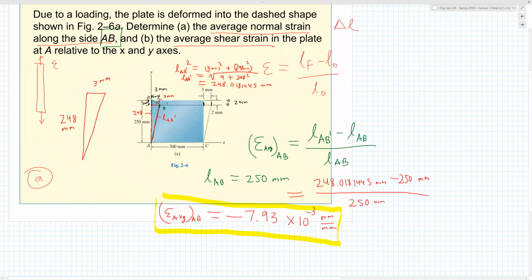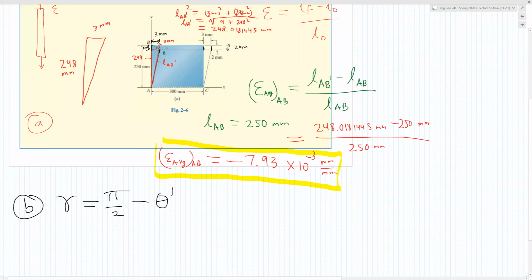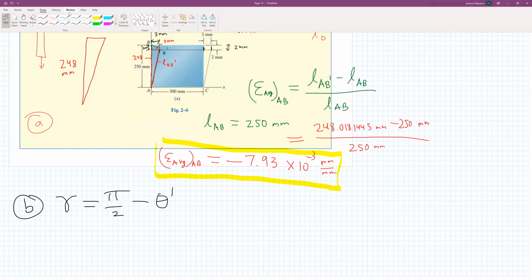So what is the definition for a shear strain? Shear strain in general is equal to pi over 2 minus theta prime, okay? Let's kind of define this. This is your original angle,